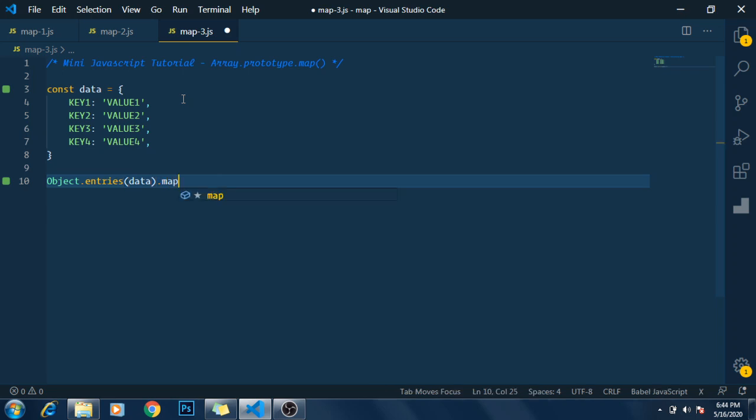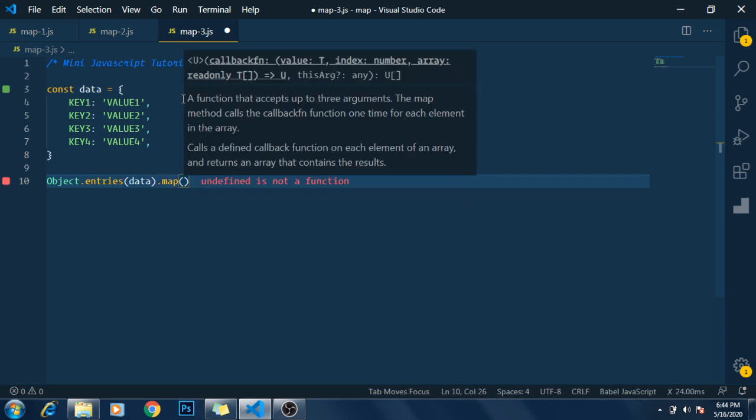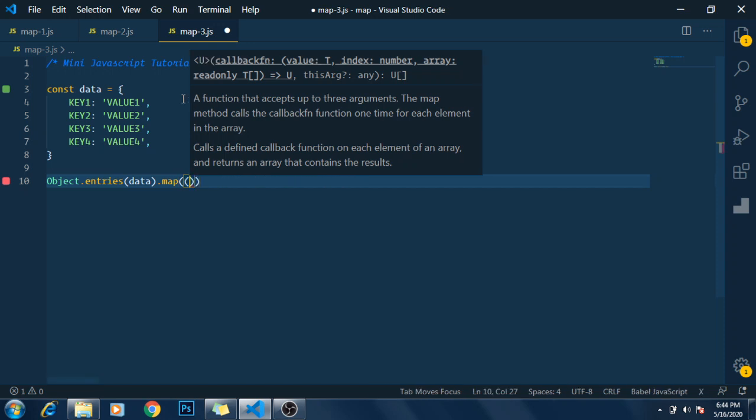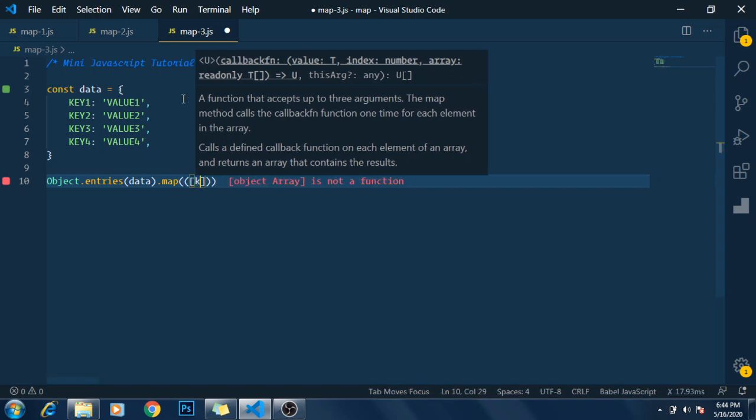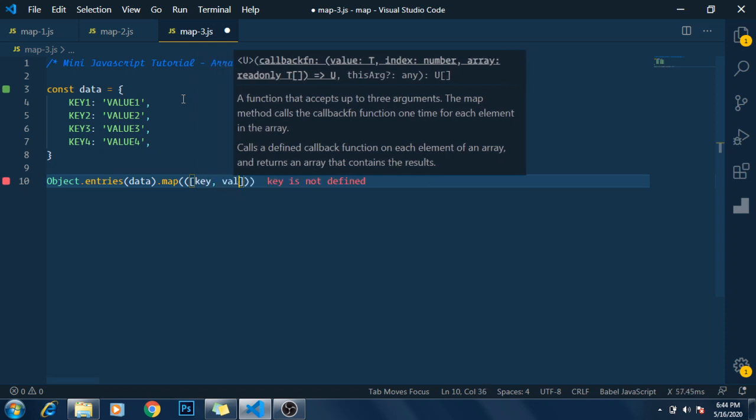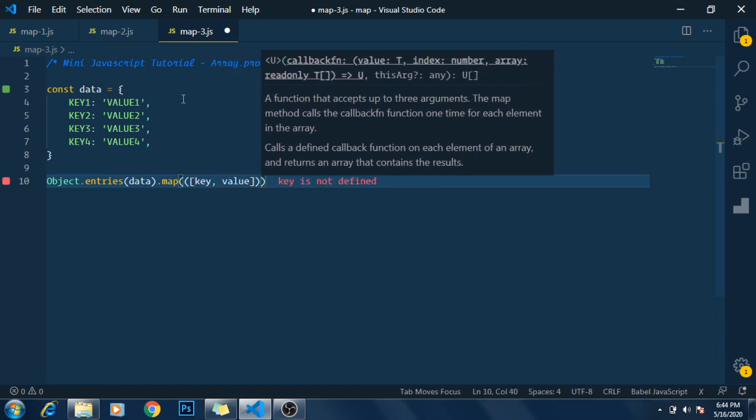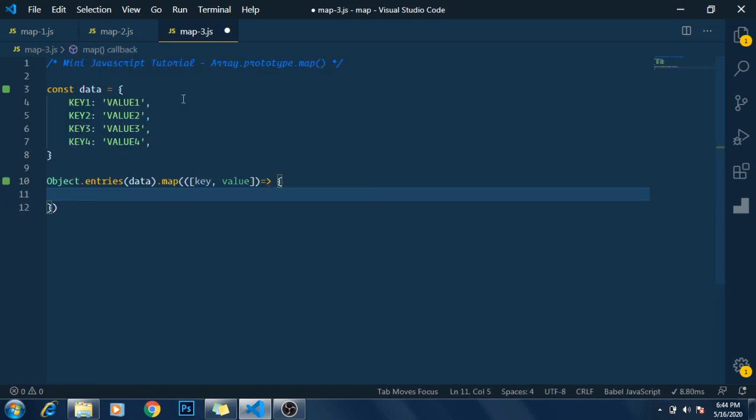Now I'll use .map here. Similarly, passing a callback function, using destructuring I'll have key and value like this. So whatever transformation I need to apply, I can apply here. Now say I have to change all my keys and values in the existing data to their lowercase versions.